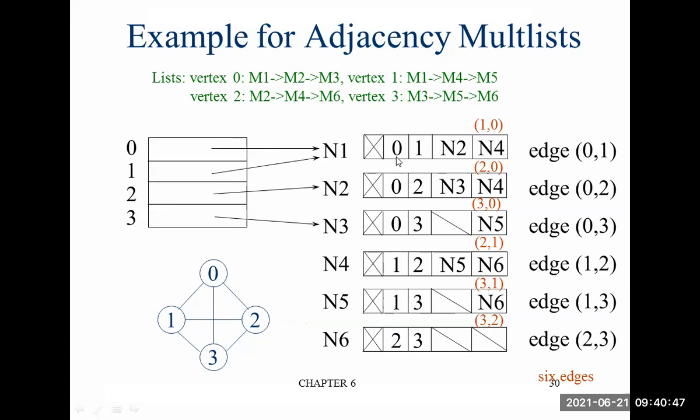Then 0 to next path, what is the next path? Where we have to move next, we have to move 0 to 2. Okay, so after 0, 1, we move to the 0, 2. That's why represented it 2. So here, yeah, next path is 1. Then 1, 2, here we have to move is 2. So 1 to 2 is here. So we move to N4.